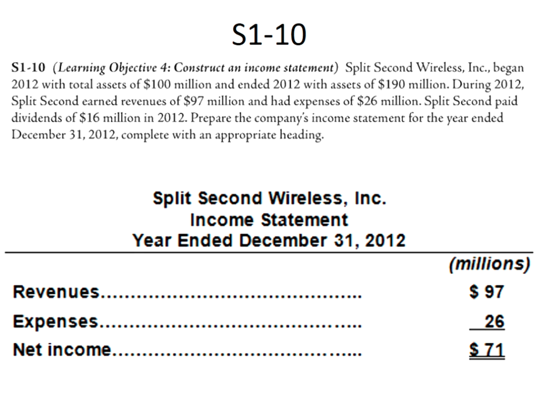Now, a couple things to note. 97 million minus 26 million is 71 million. Notice we do not put a minus sign in front of expenses. We do put parentheses around them. Every user of a financial statement will know that expenses are subtracted from sales. So we don't put a minus sign in front of it. It's just not done. Because it is possible to have a negative expense. So if you would put a minus sign in front of that, that means something different. So revenues, expenses,